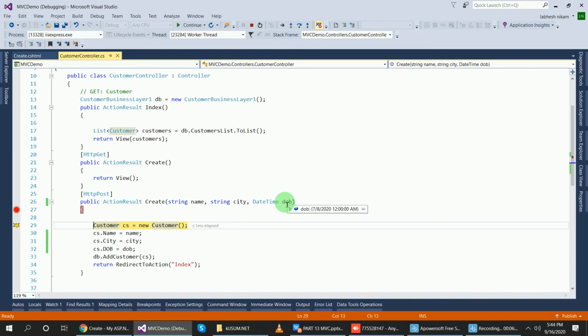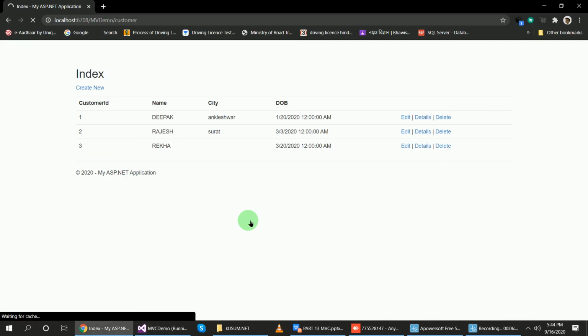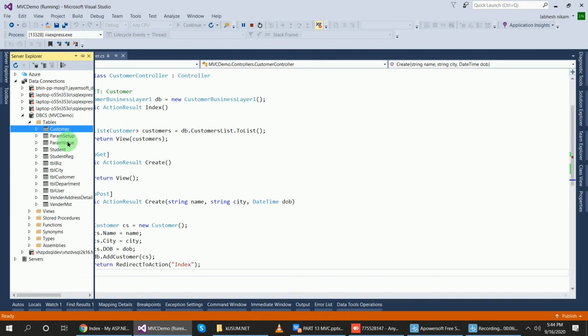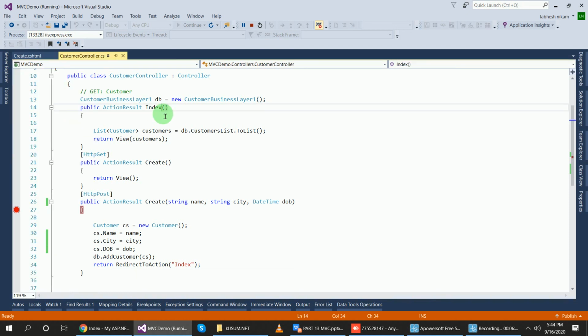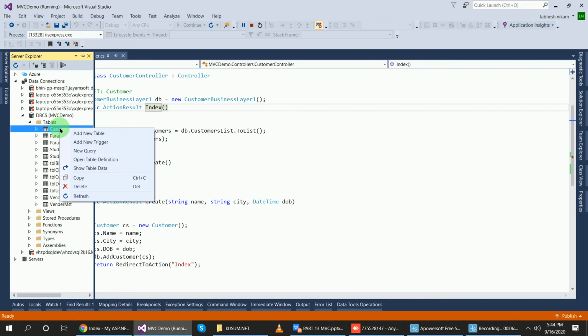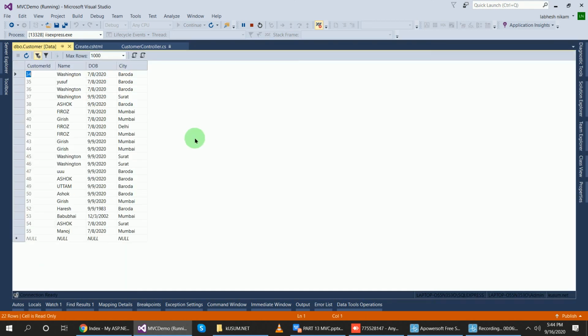And here name, city, date of birth, and in the CS file we also get all the values. So all my parameters are passed here, and you can check the database table. Manoj is the name, so this one. This Manoj data is filled here.